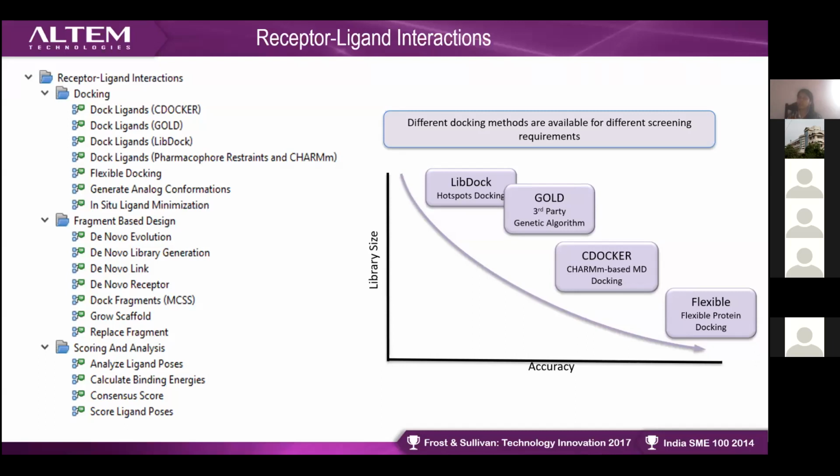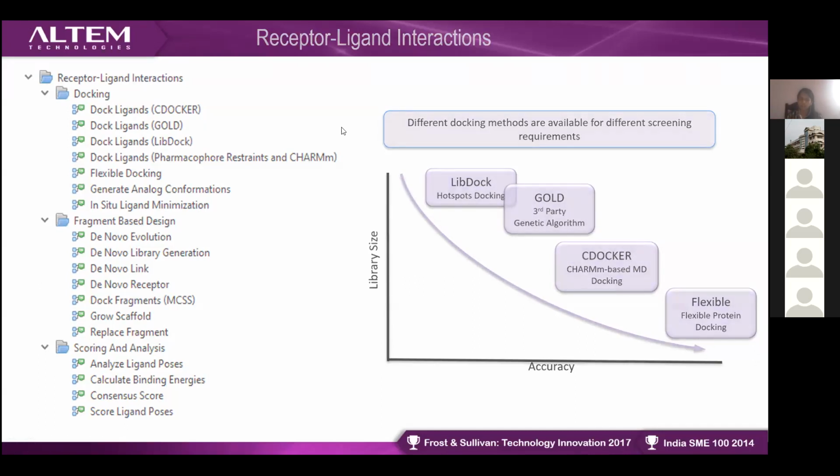In AutoDock also, you will have an option to do blind docking as well as flexible docking. You can set the grid box with blind docking if you don't know the active site residues. Otherwise, if you know the active site, you can go for flexible docking. So that is the main reason most of the people choose AutoDock, since it is freely available and it has very good citation.